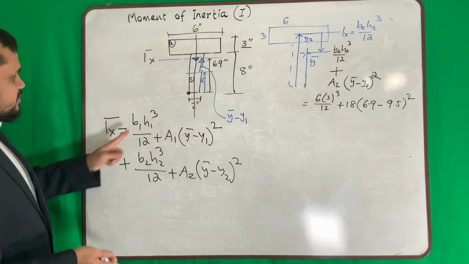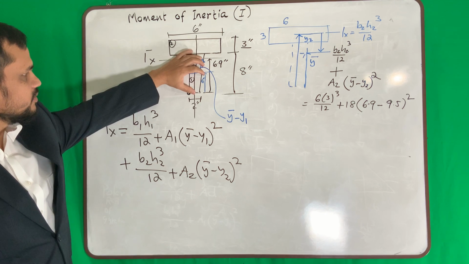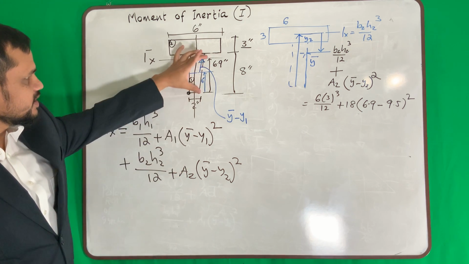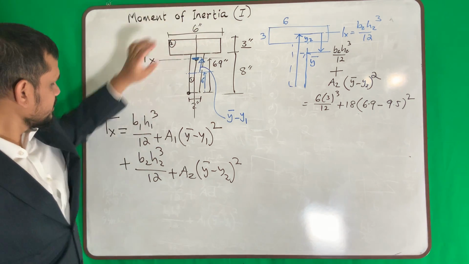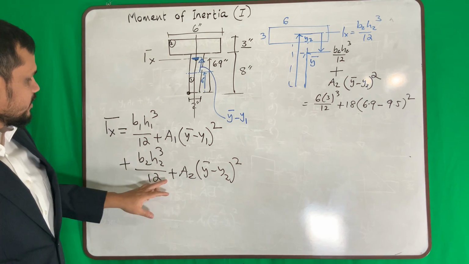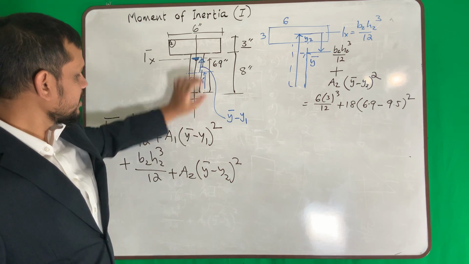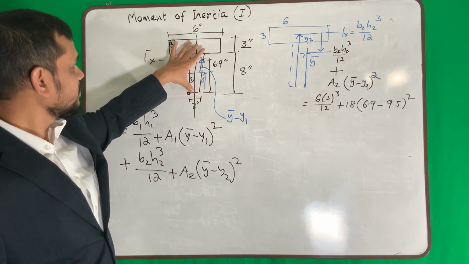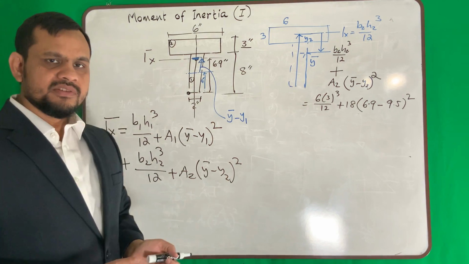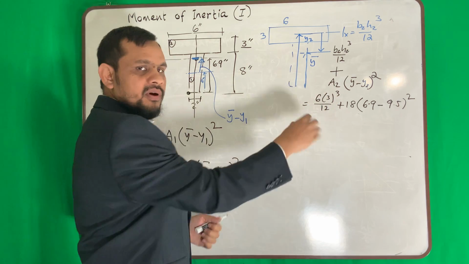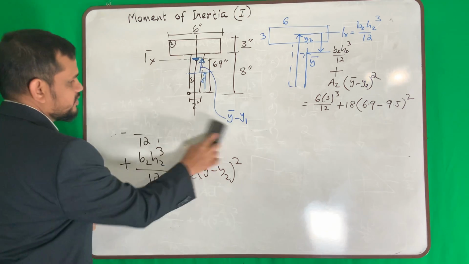So if I do it, what is b1, 2, h1, 8, 12, A1, area of this, which is 16, y bar 6.9, y1 4, plus b2 6, h2 3, 12, A2, area of this portion, which is 18, y bar 6.9, y2 9.5. Then you can find it. So these are the two different ways. One is you can do it this way one by one and add. Other one is this way. Okay, so hopefully you understood